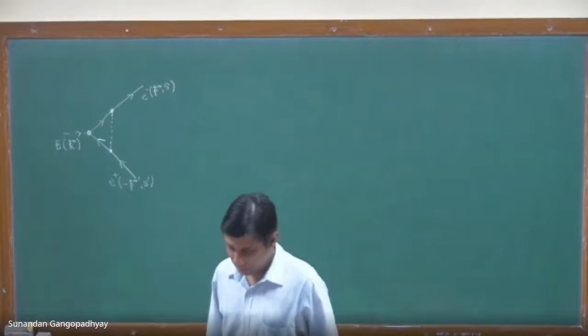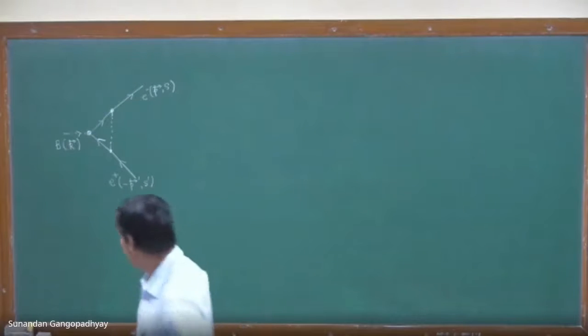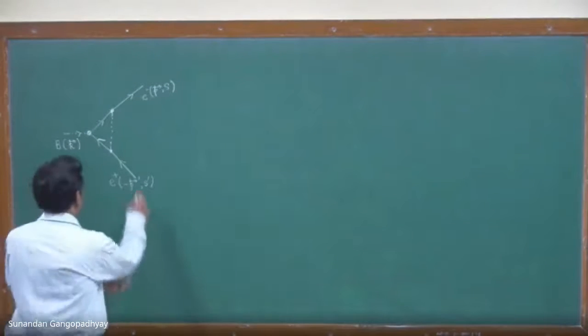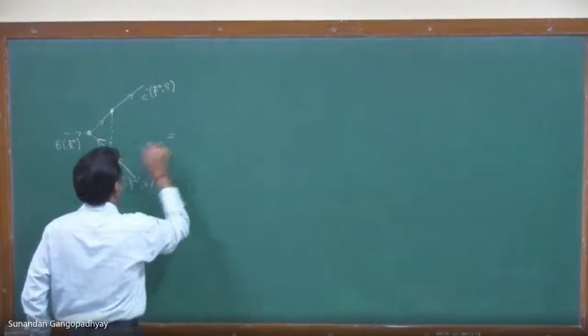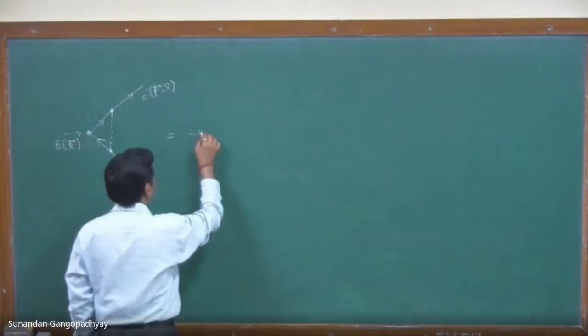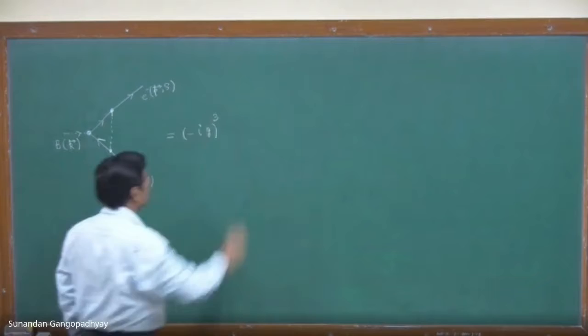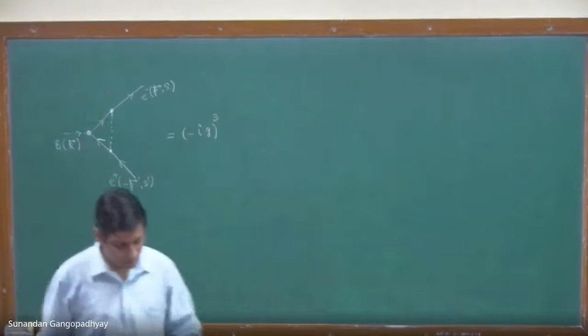Okay, so let us calculate this diagram. Since this is a diagram at third order in perturbation theory, we will have this